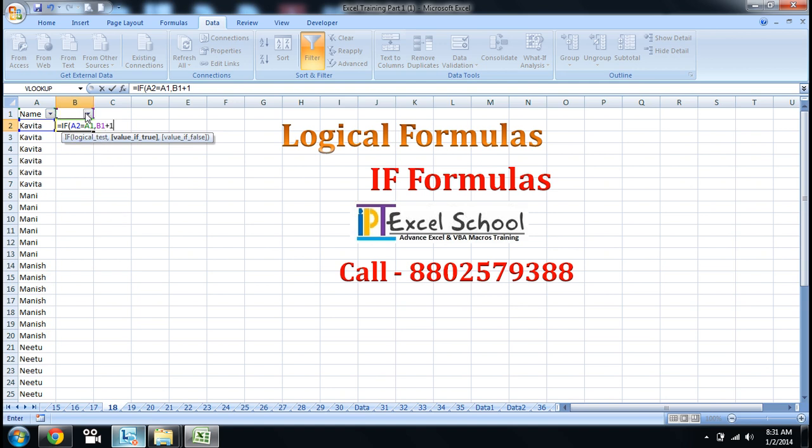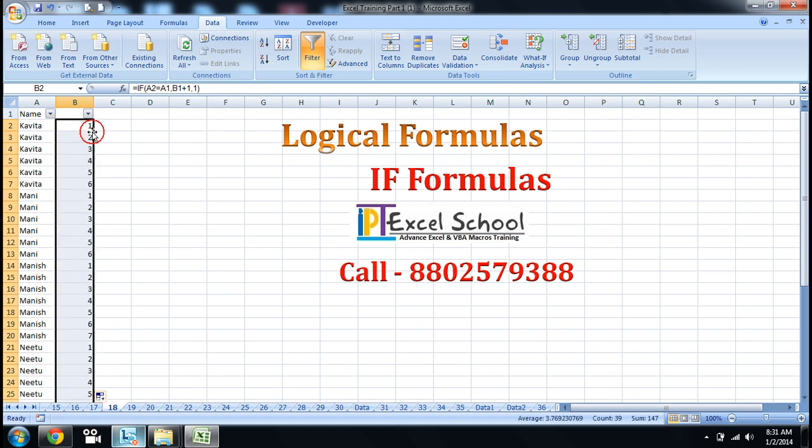There is a blank cell, and blank cell has a value of 0, so 0 plus 1 will be selected. Otherwise I will start from 1. Now I drag the formula. See, 1 2 3 4 5 6. Here the name changes, then serial number again starts for another name.